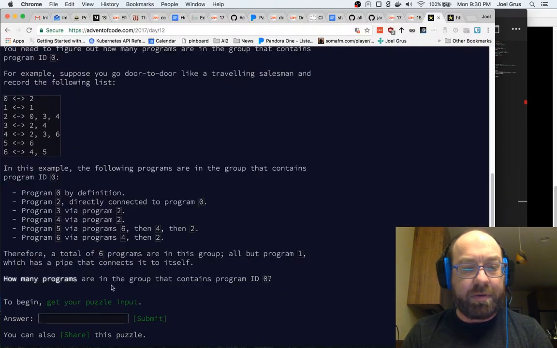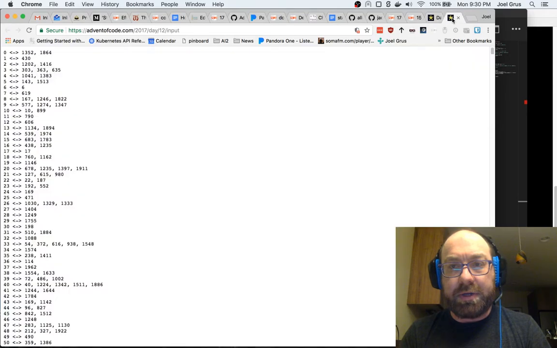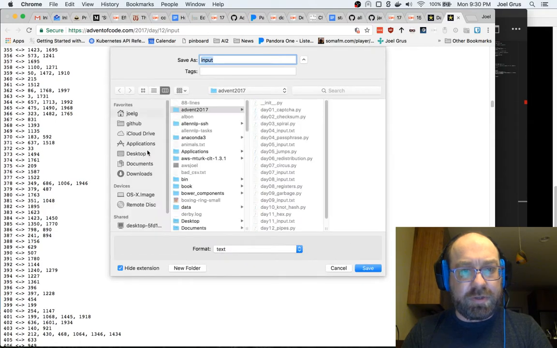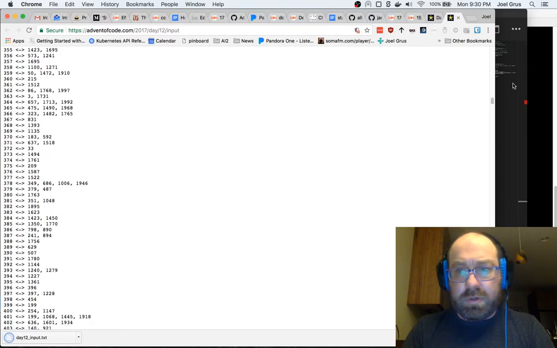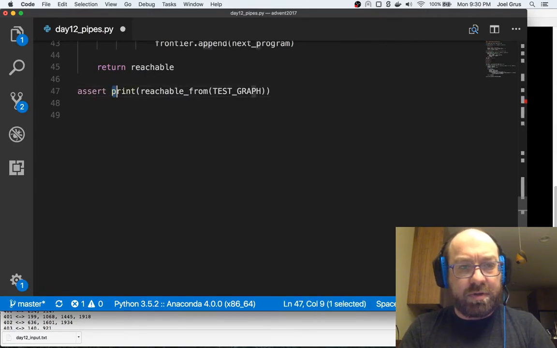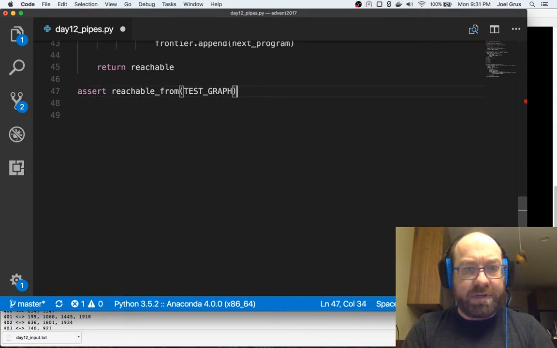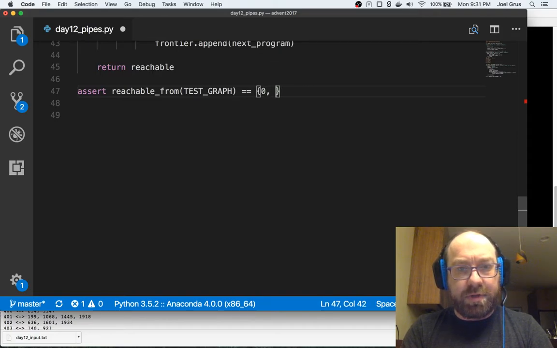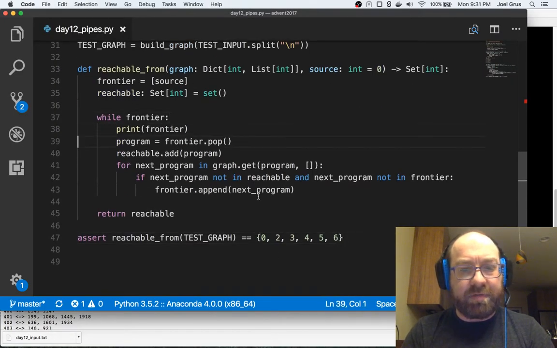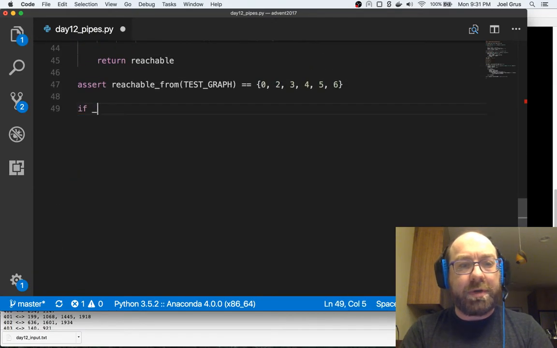So now let's go look how many programs are in the group that contains ID 0. So let's save as day 12 input.text. So assert that reachable from test graph equals 0, 2, 3, 4, 5, 6. I think that was right. And I don't need to, well, I'll leave the print frontier. That's kind of nice. So now here's our main equals main,